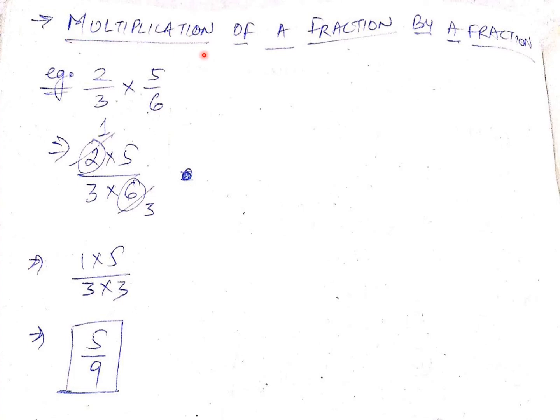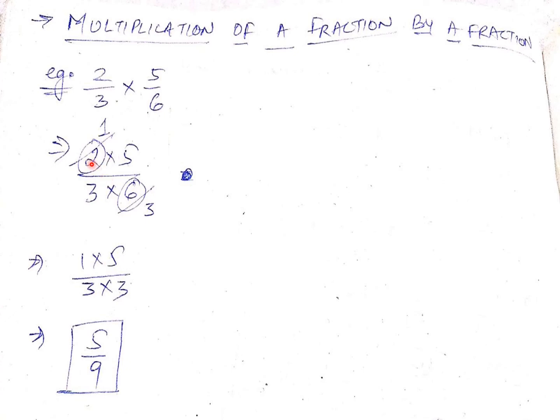Next topic is multiplication of a fraction by a fraction. Nothing new. Only the topic name is new. You already know how to solve such questions. Okay. Still, I have given you an example. Just see 2 upon 3 into 5 upon 6. What it means? You have to multiply the numerators and multiply the denominators, nothing else. So 2 into 5 upon 3 into 6. Before multiplying finally, what if I can make it simple? Yes. So as in between sign is of multiplication, you can see here also sign of multiplication, here also sign of multiplication. So what we can do, if we can cut some numbers, we are allowed for that.